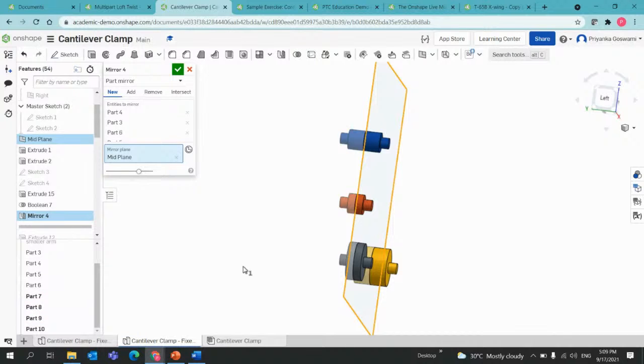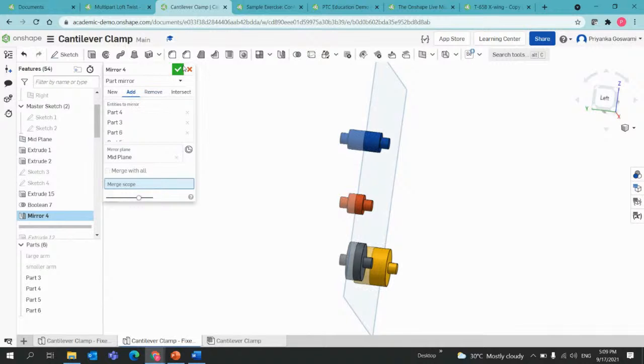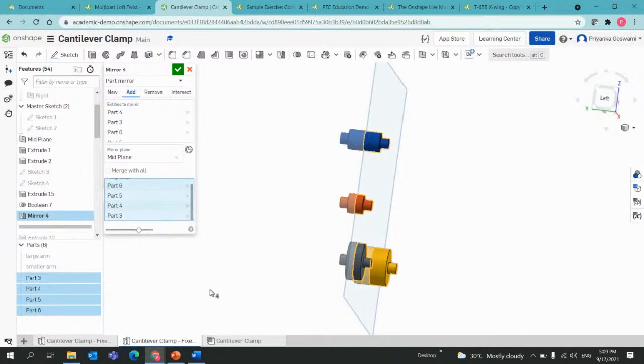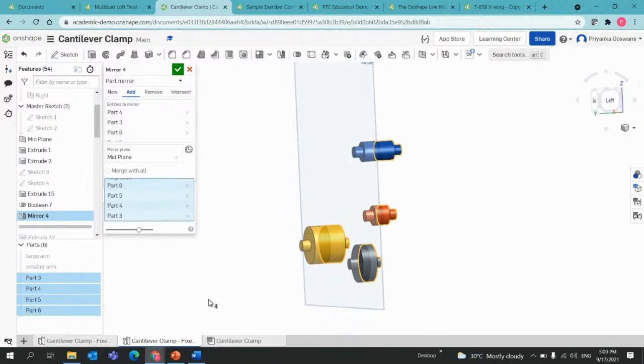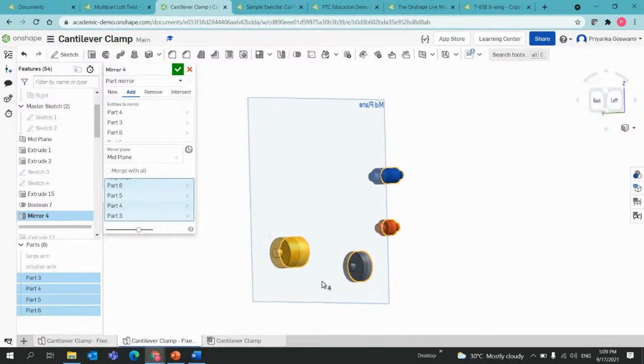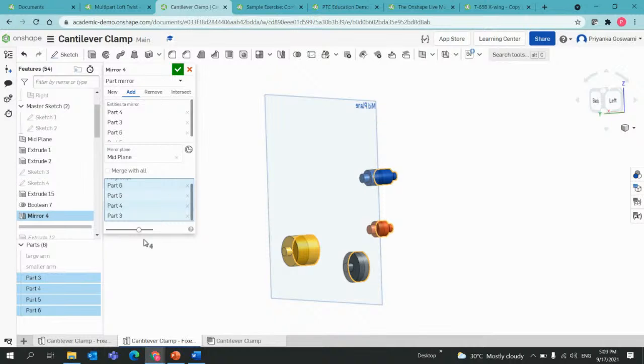I will also shortly cover what things we should avoid in a multi-part studio. So this is one of the things: never create duplicates, right? My requirement here is not to have multiple parts of the same intent right now. So what I will do is simply add them within the part studio. The patterns could be multiple, so it gives me the option of which parts I want them to be merged with. So I'll select from my part list, and you can see these are being selected from the part list, right? And they are being one part,